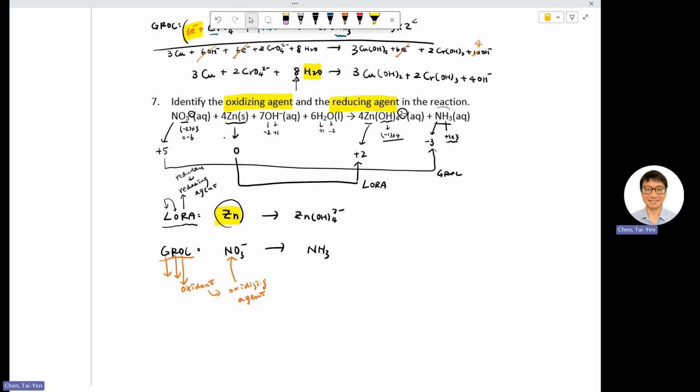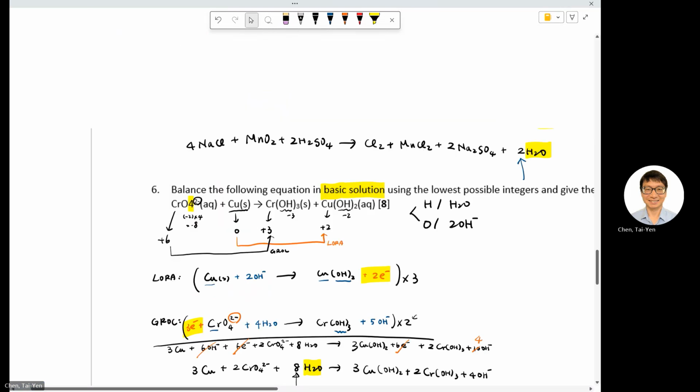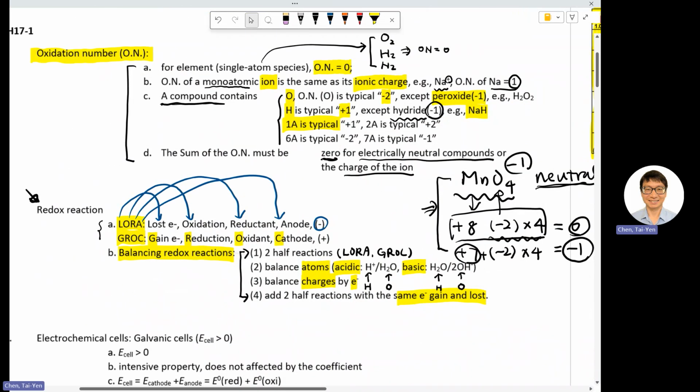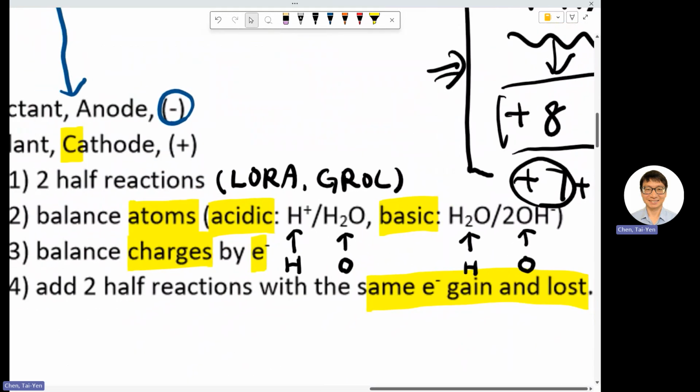Okay, and after that, balance your LEO and GER. Balance the central atom first, and then balance all the other atoms that don't belong to O or H. And then the next one is to balance your O and H based on the solution that you have. If you have acidic solution, then you use H plus